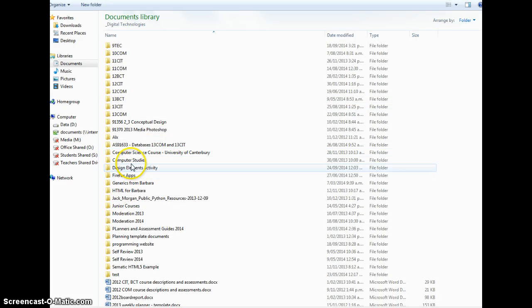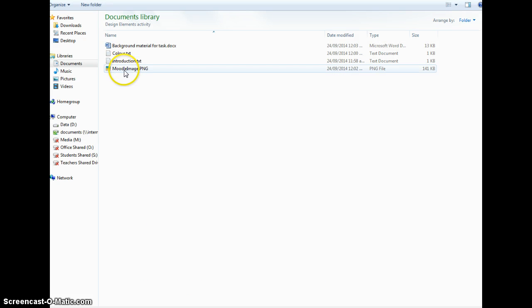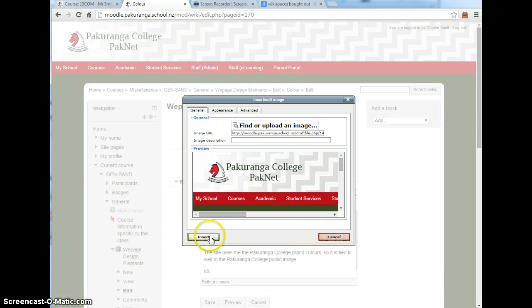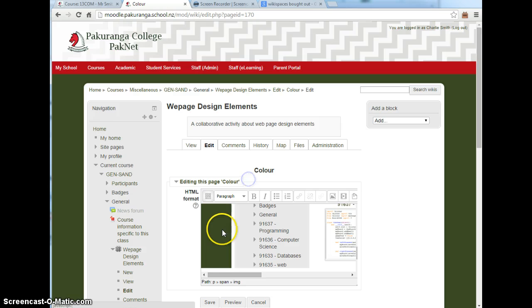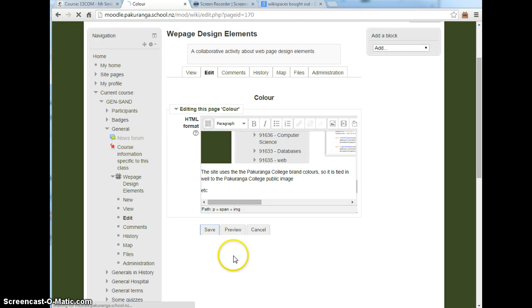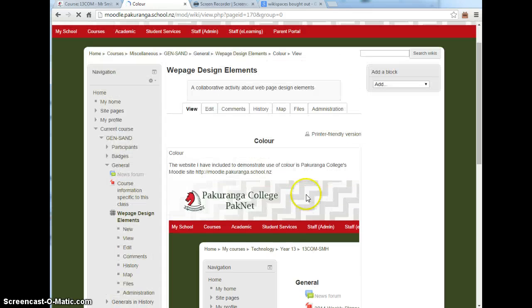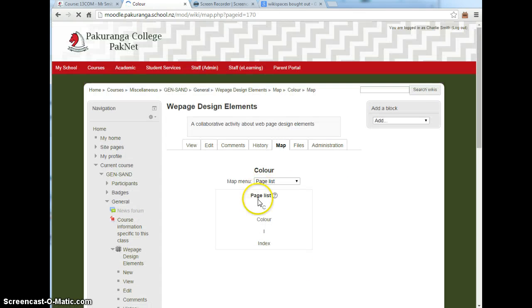A little bit sluggish today. There we go. Upload the file. So I've now got that as part of my page. There we go. So going back to the main page here,